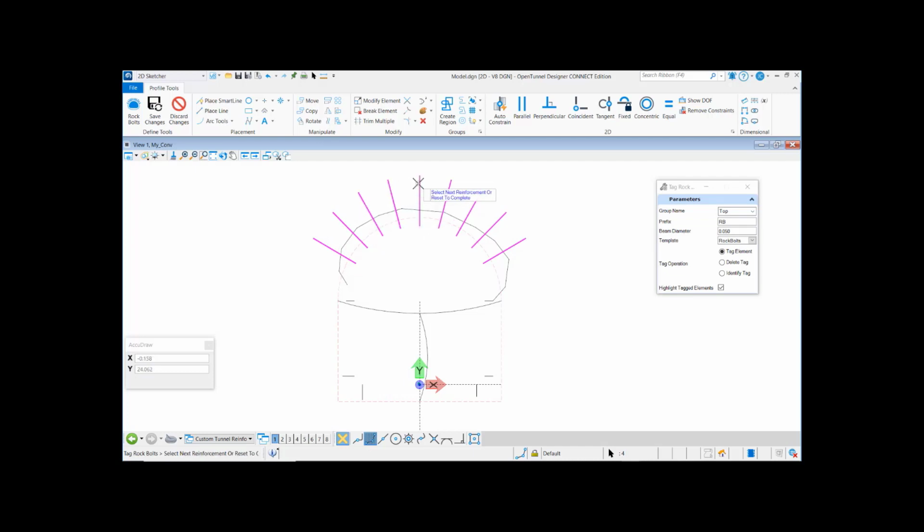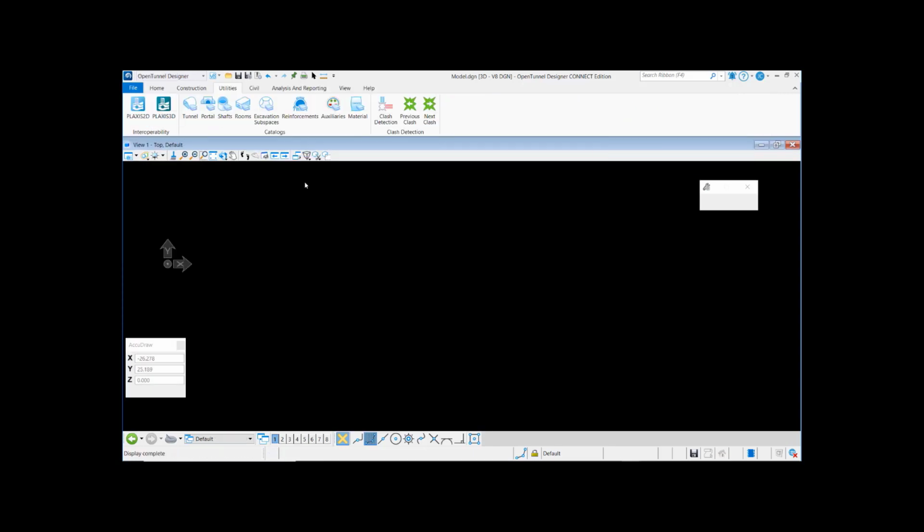I accept the group name in the top, okay, and number, and I will select each element. Be careful if you left some elements which were already highlighted, and you see, so the same because I assign a template, so these elements are changing of color, and when I save it,